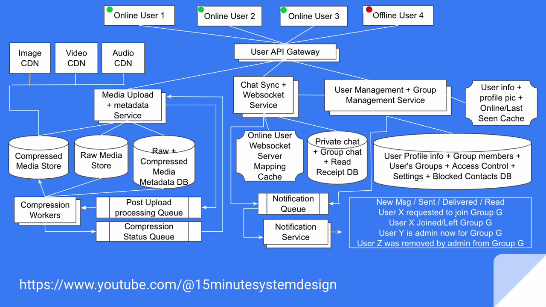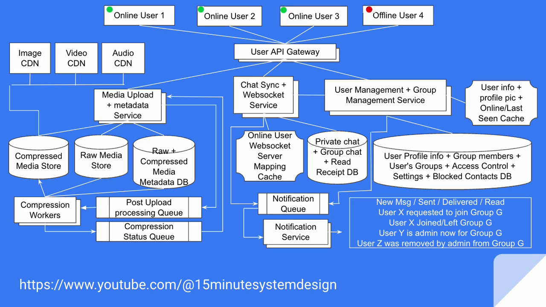Okay. Now the sender device again calls the chat sync server saying, this is the message content and this is the media, and please process this further. So the idea is that the chat sync server does the same stuff which it was doing earlier. Now it has a CDN URL attached to the message.